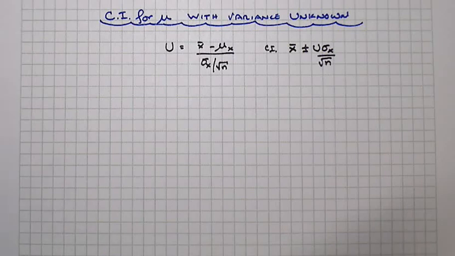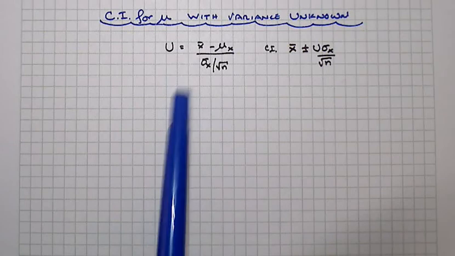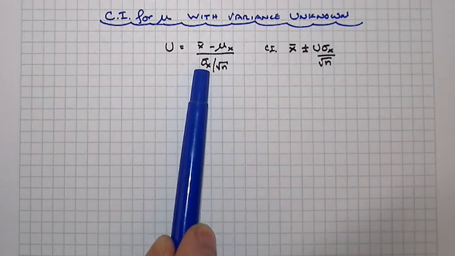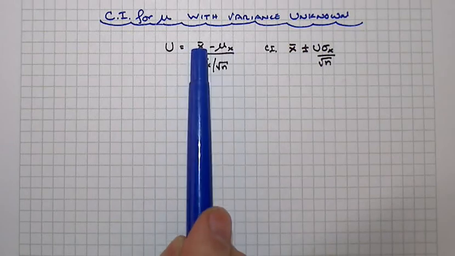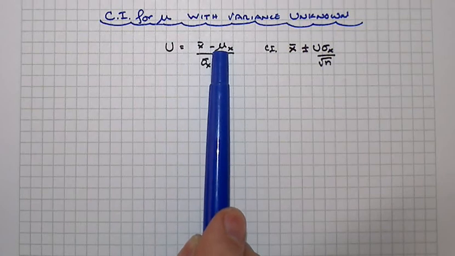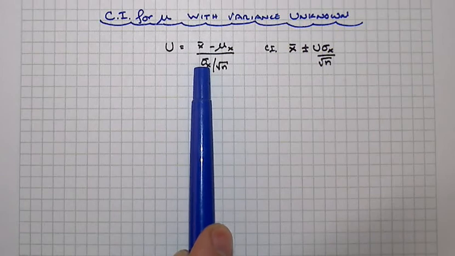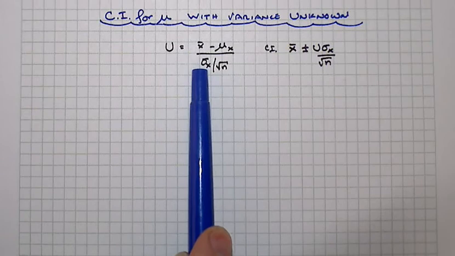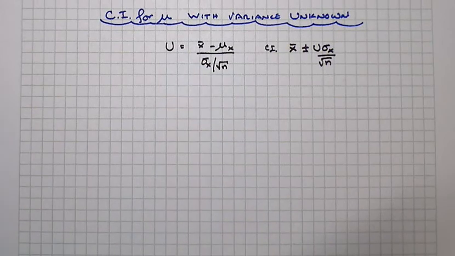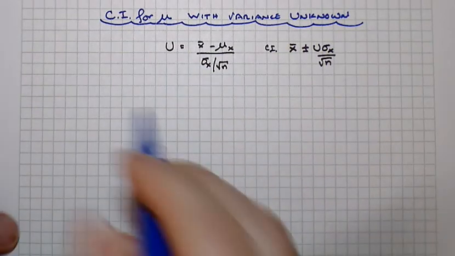When we were looking at the confidence intervals for the true mean previously, we were making an assumption that somehow we knew what the population standard deviation was, and we were developing, based upon our sample set, the confidence interval for the true mean. But most of the time we don't know what the true population variance is. We might have some prior information that suggests what it might be, and we can go along with that, but oftentimes we don't. However, we do have that data set, right? So we could use that